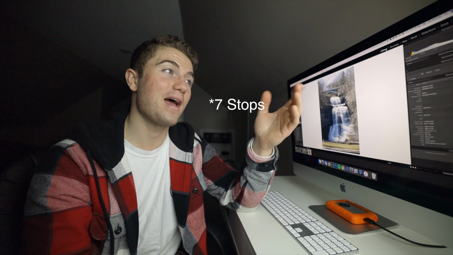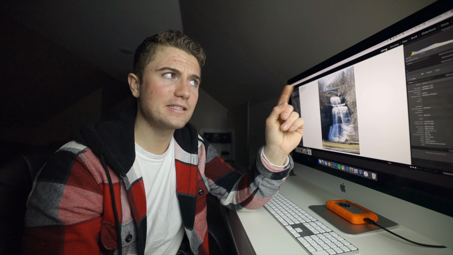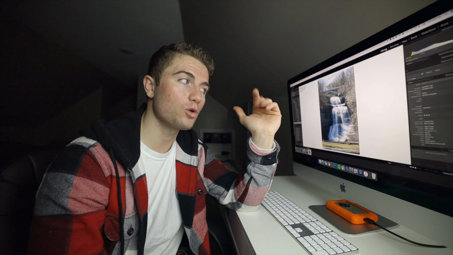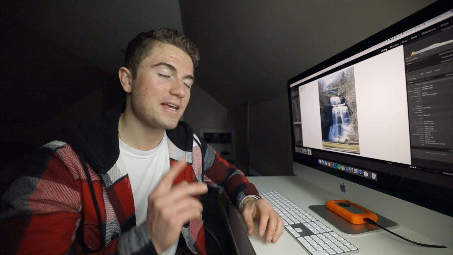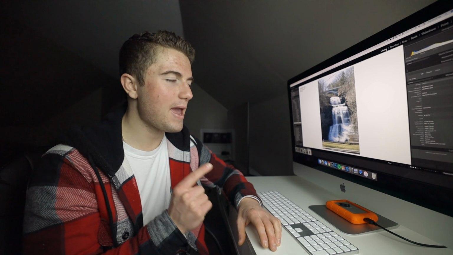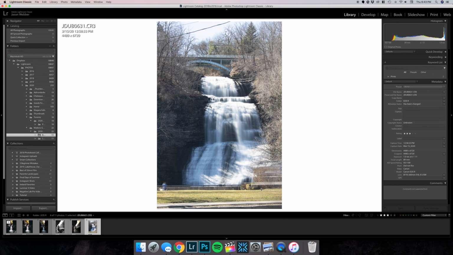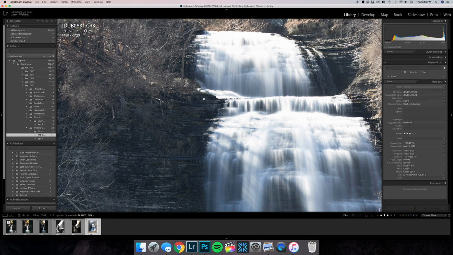So this ND filter that I have right now, it's an Aurora Aperture ND filter that allows you to go from 1 stop of ND all the way up to about 9 stops of ND. In this image right here, I believe that I had it at 7 or 8 stops of neutral density, whereas the previous image, the one of the waterfall at Watkins Glen that's kind of in the valley area, was at 4 stops of ND. With this image that I took with 8 stops of ND, you zoom into it and you'll notice that it's